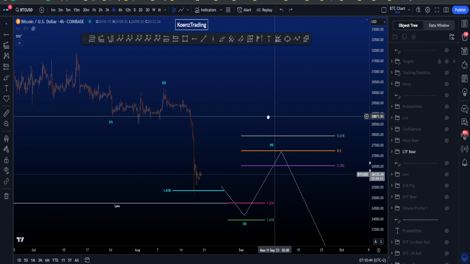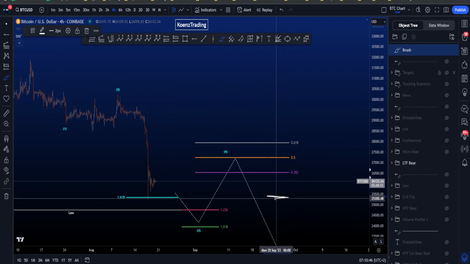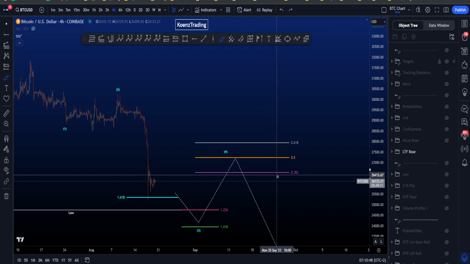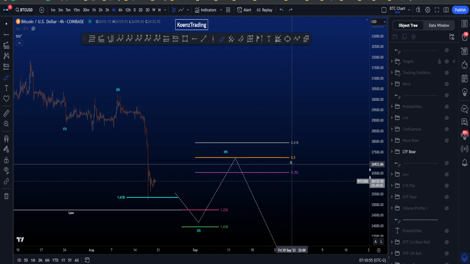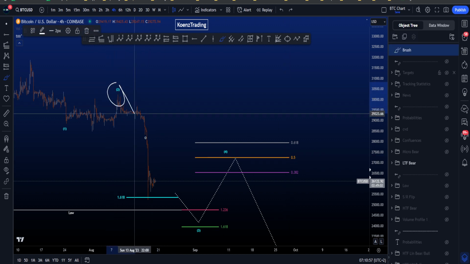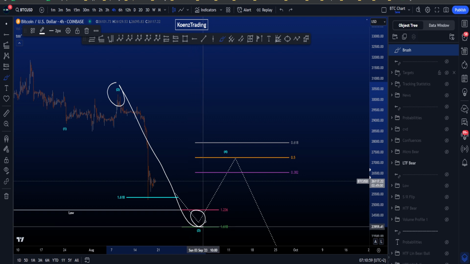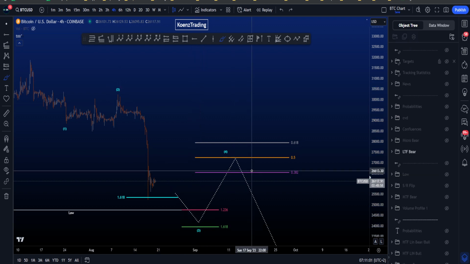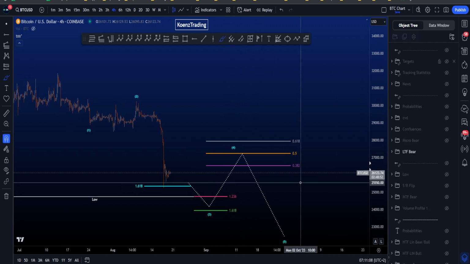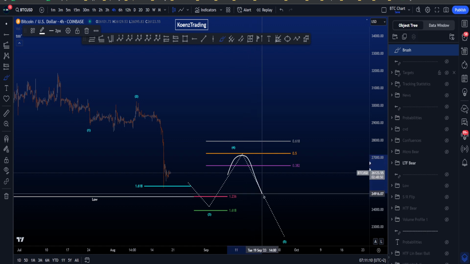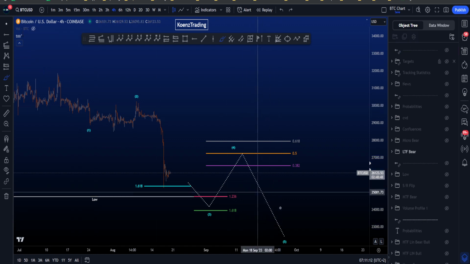Then the most common target area for a wave 4 is between the 0.236 and the 0.5, but most commonly it is the 0.382 and the 0.5, which is between 26.5k and 27.2k. Fibs are taken from the high of 2 to the potential low of a wave 3 over here. Now for a wave 4, you don't really want to see candles close above the 0.5 as that would invalidate